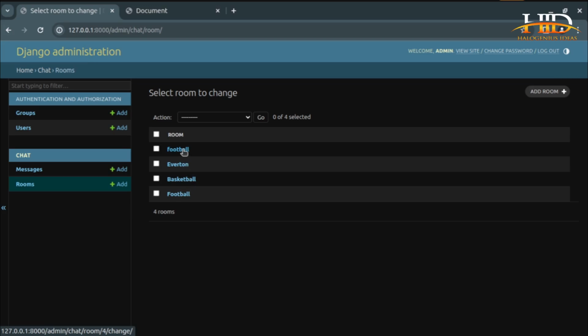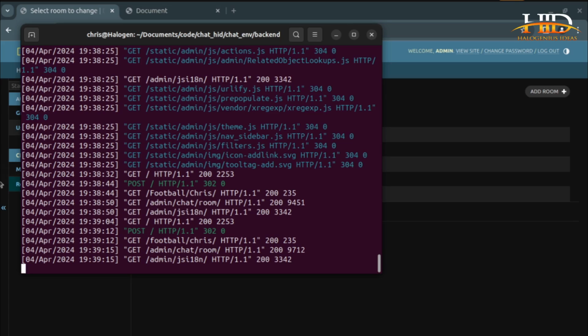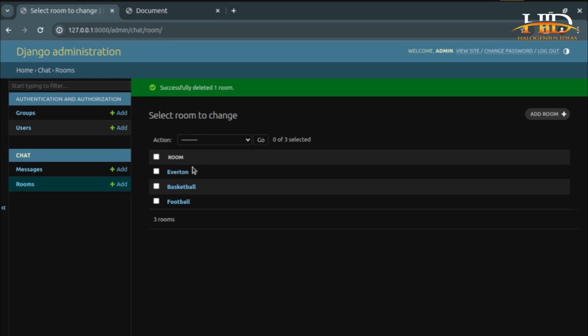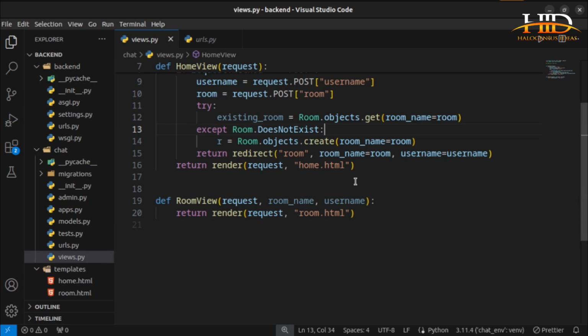If you come here and check the console, you can see the server is running perfectly. So let me delete this one first. Delete selected rooms, then go. Yes, I'm sure. So now I've deleted that small letter football. How can I fix that such that if you enter capital letter and small letter, both of them will work perfectly? If you come to the code over here,